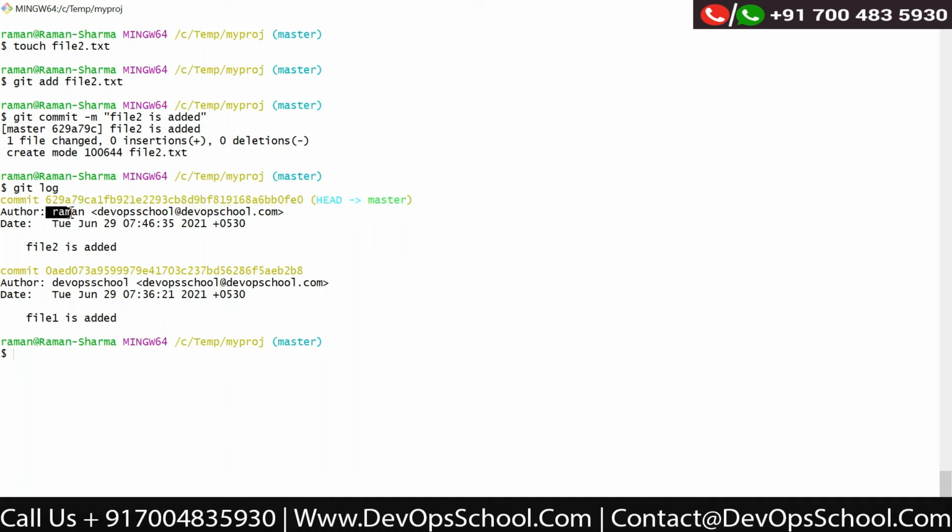Now you see the username is changed. Earlier the username was DevOps School because it was taking from the global configuration file. But now it is taking from the local configuration file. So the local configuration file will always dominate over the global configuration file. So now for this project,